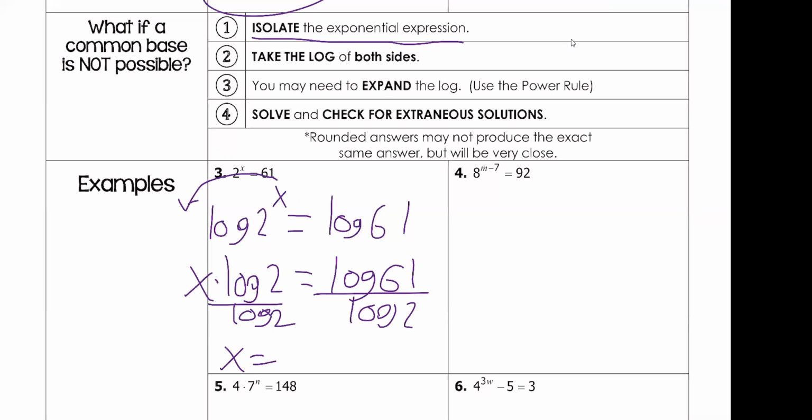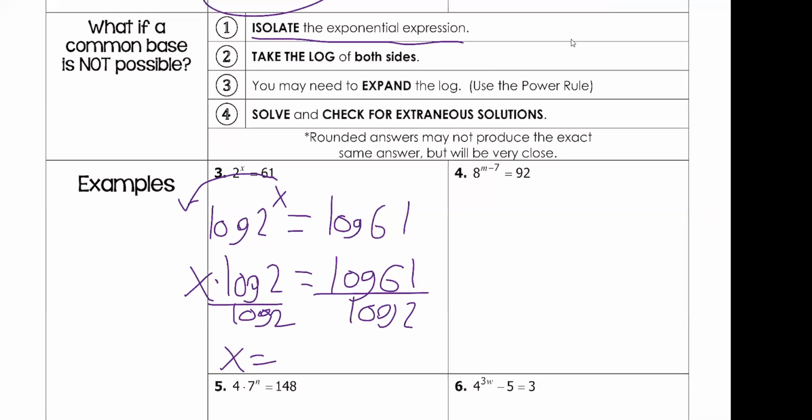So you're definitely going to want a scientific calculator. You could use something on your phone, or if you've got a graphing calculator, or just any calculator. Most calculators, at least most scientific calculators, have a log button. So you don't even need a TI-83 necessarily. But if you just type in log 61 divided by log 2,